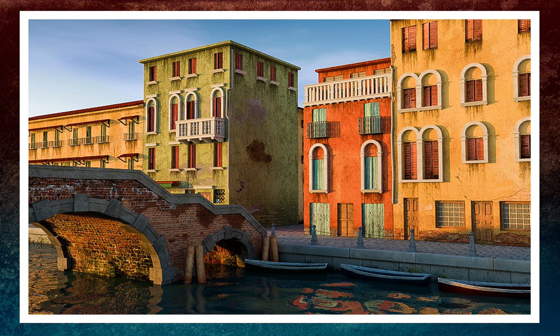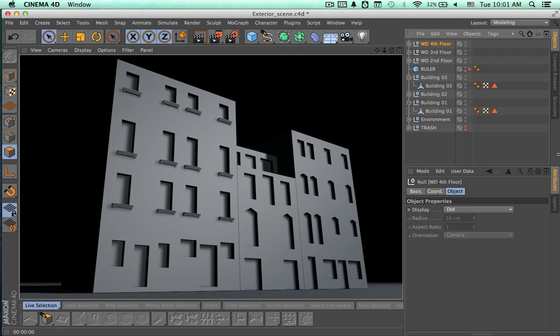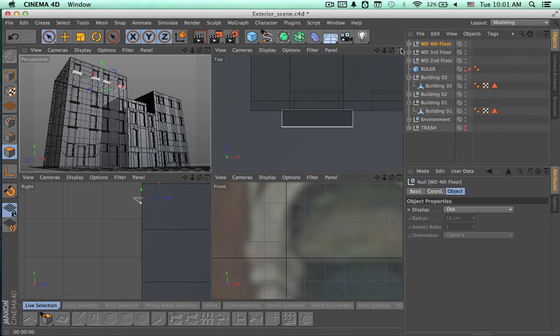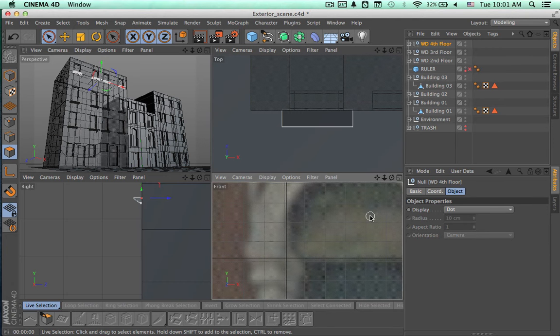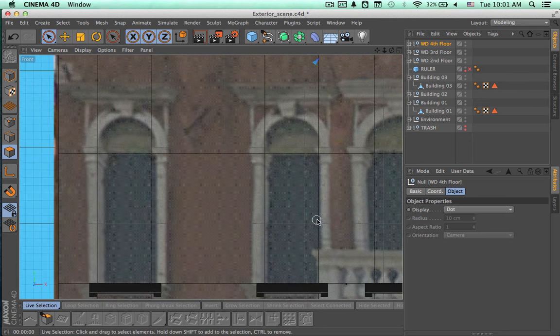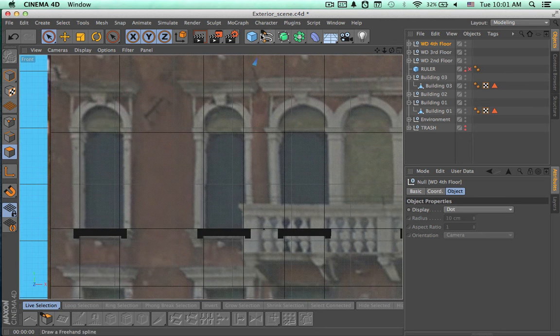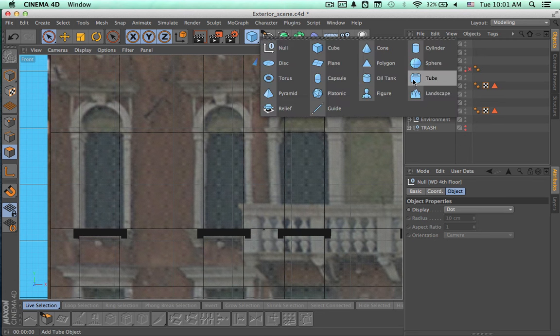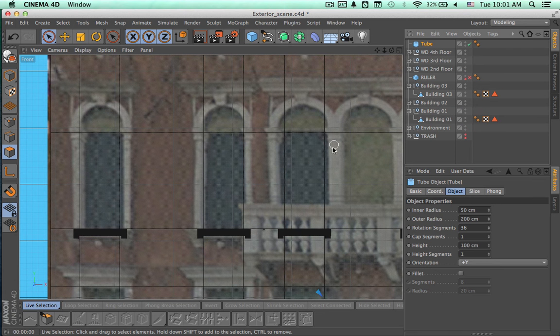In this lesson, we're going to continue working on the details for the buildings. So let's start. This is where we left off last time, and we're just going to continue modeling. Let's go to the front view, and here we can see in the background image some arches, and that's what we are going to be modeling now. So let's make a new tube,